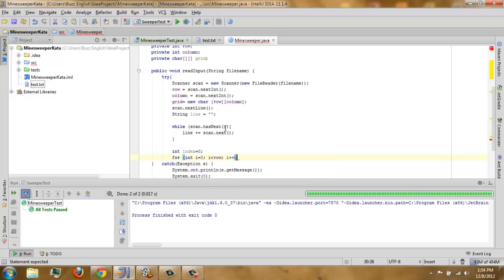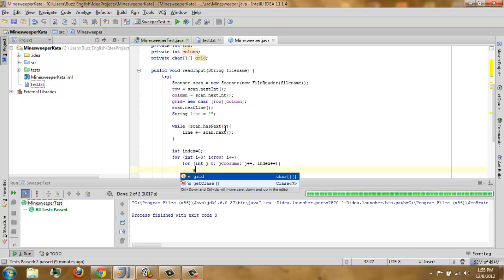Then for int j less than column, j plus plus, and also index plus plus.